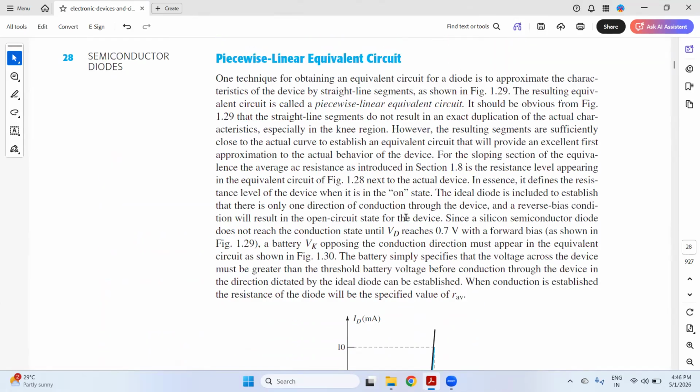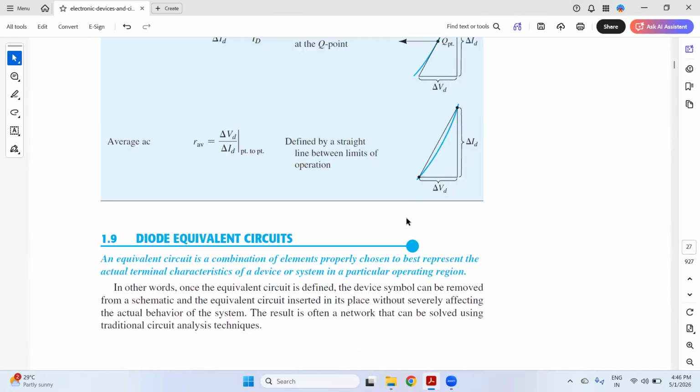Now, there is another topic that is quite important: the diode equivalent circuit. I told you the symbol of the diode initially in this video and the video before this, so you can check out that particular instant. Diode has a particular equivalent circuit. But I told you in the previous video that there are two types of condition. One is the ideal condition of the diode, and the other is the